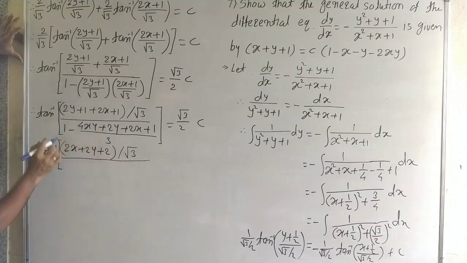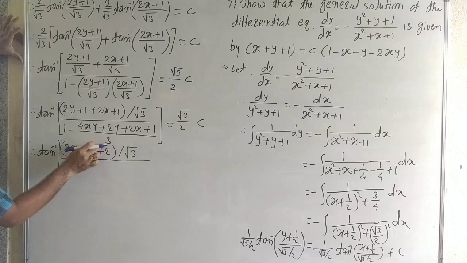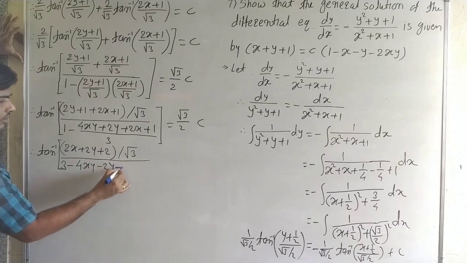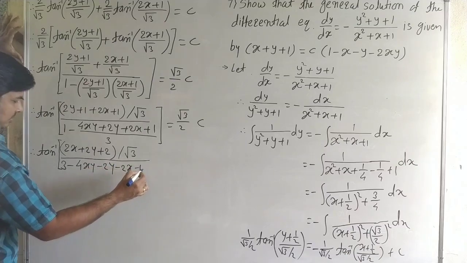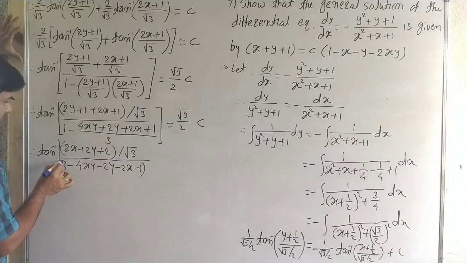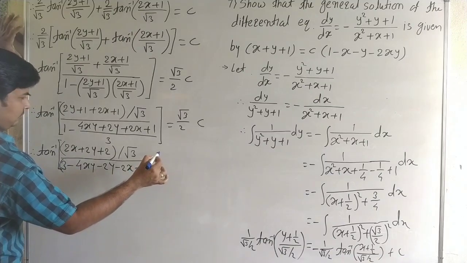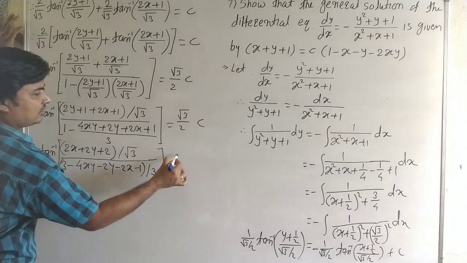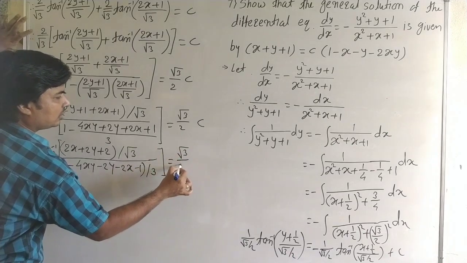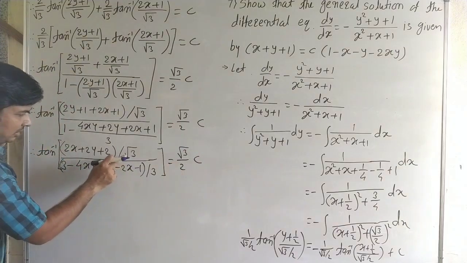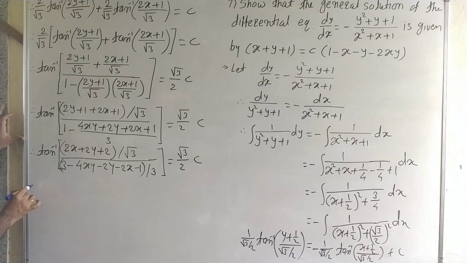Okay, now here it is 3 minus 4xy minus 2y minus 2x minus 1, and whole to the upon 3, and it is under root 3 by 2, it is c. Okay, same. Now this 3 and this root 3 get cancelled, then we get